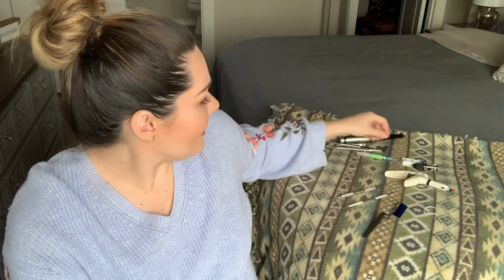And then I hand it to my doctor like this. So again, he can grab the handle. And then of course you want to remove the cap so he can use the composite. And then after you hand him the composite, depending on what instrument your doctor uses, if my doctor is doing